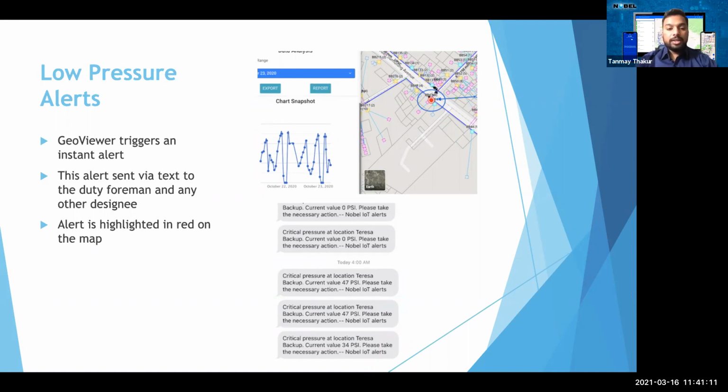So once the user or the field guy gets this text message as an alert, they can actually go to this place and address this leak as soon as possible, as compared to not using the device where they used to come to know about the leak in about 4 to 5 days. So basically, at the end, you are trying to reduce your non-revenue water loss by getting to the actual location of the leak as soon as possible.